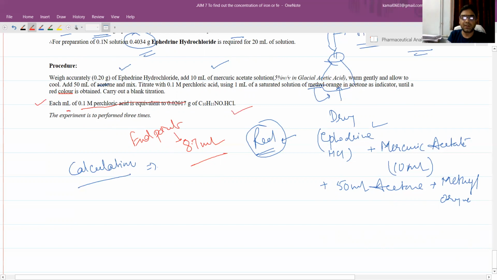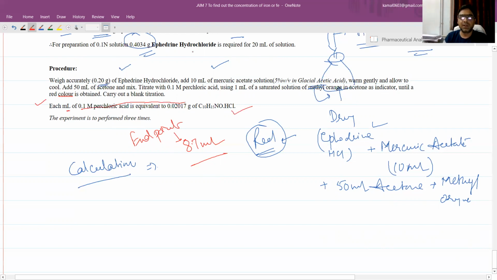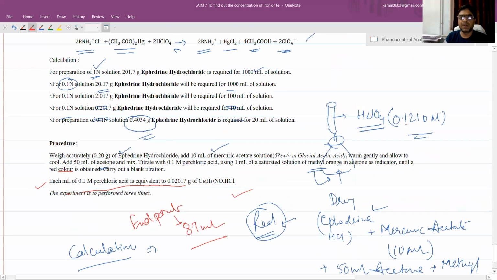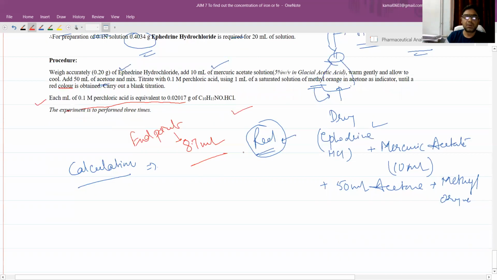So for 8.7 ml you can calculate, and the normality written here is 0.1, while our normality is 0.1210, which we have determined. So for 8.7 ml and the normality 0.1210,